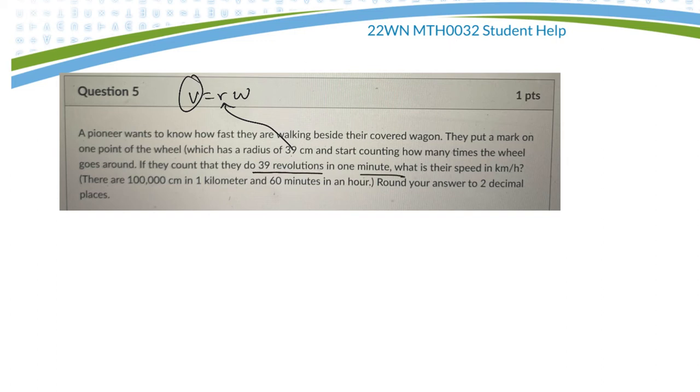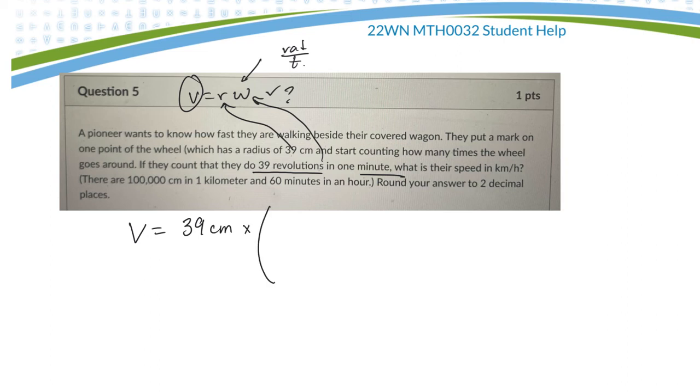Well, that idea of rotations in a minute is an angular velocity. However, this unit here must be in radians per given time, whatever the time is. So before I put it in that formula, I need to convert that. I guess I could put it in the formula and just do the conversion as part of it. Let's try that. So my velocity is equal to, I have radius, 39 centimeters. Maybe we can keep it in centimeters, that's all right. 39 centimeters